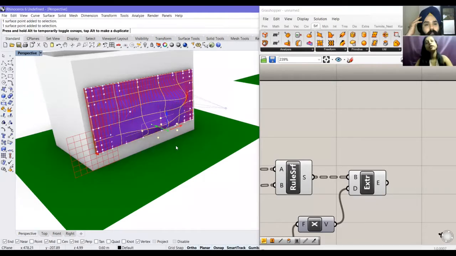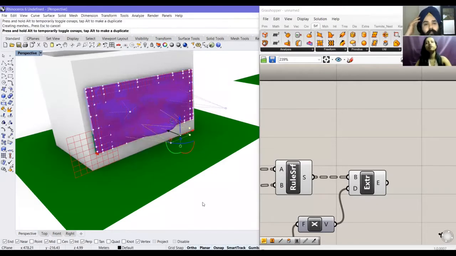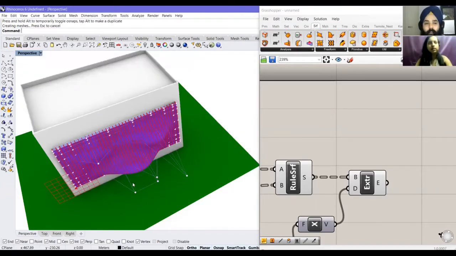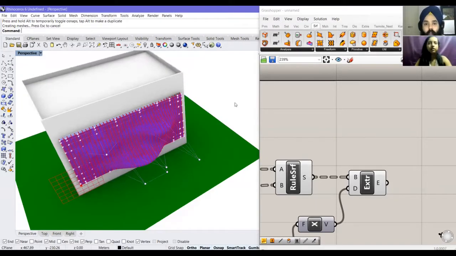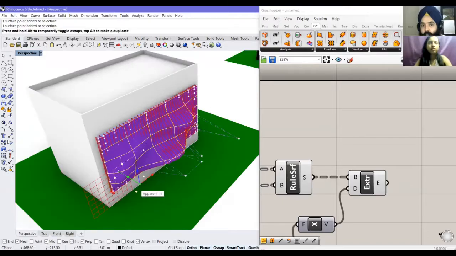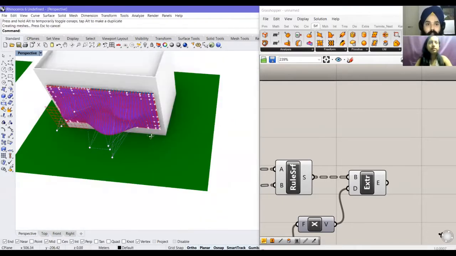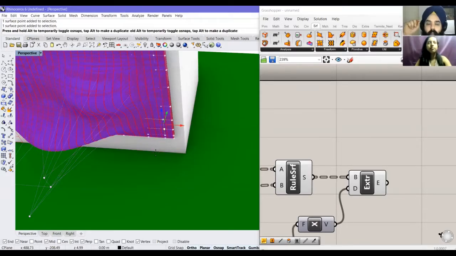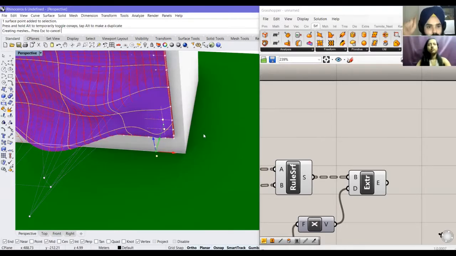Now, if your schematic designer changes the design and you want to still make the louvers, then it's going to be a big time problem, because you'll have to do it manually, and it's going to take a lot of time. This is the beauty of parametric design.